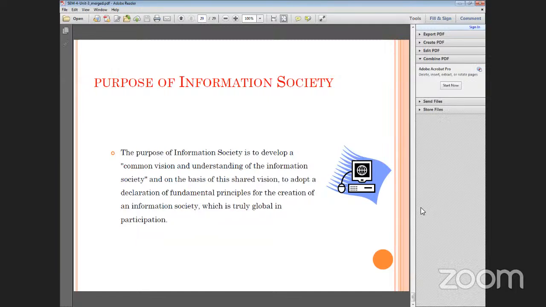Purpose of the information society. Why do we require an information society? In human psychology, we always want to learn, to know, to innovate more. So we always want to know what is